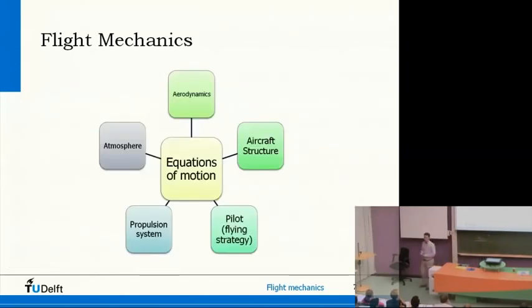And of course, if you want to know how far can it glide or fly, you have to be able to describe the motion of the aircraft as a whole. So this is why basically the center of my lecture series is about the equations of motion. So the equations of motion of an aircraft. So that's basically F = m times a. So this is what we're basically going to do. So it's not more than high school physics, really.